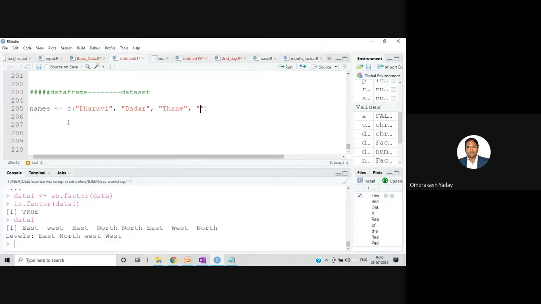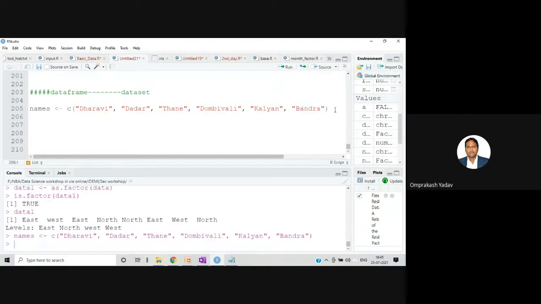Then let's say there is one Dombivli area. And then Kalyan area is there. And we can have that side, western side, one Bandra. So 1, 2, 3, 4, 5, 6 elements I've given over there. You can assign any city name over there. Let's execute this. Let's try to print names.